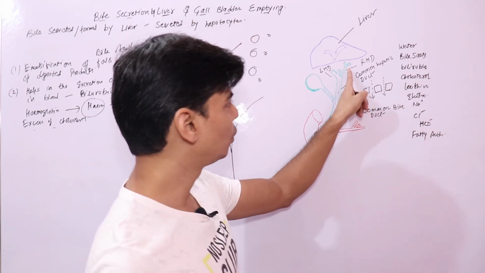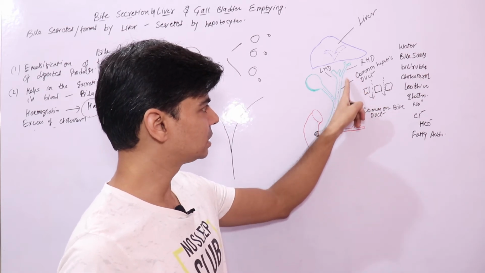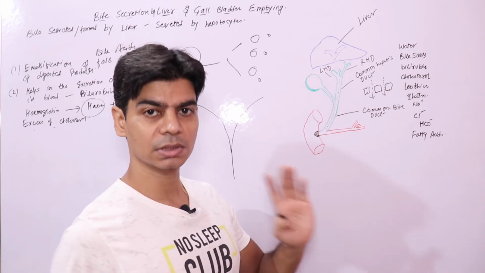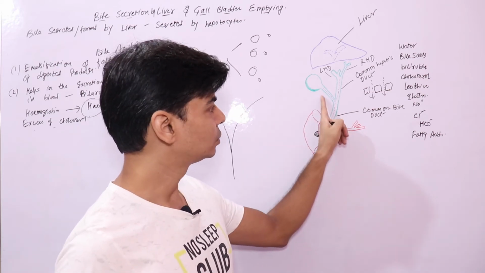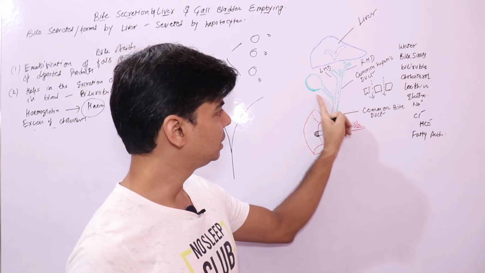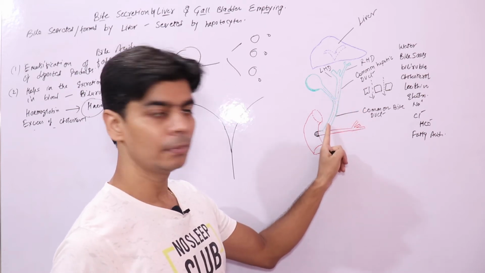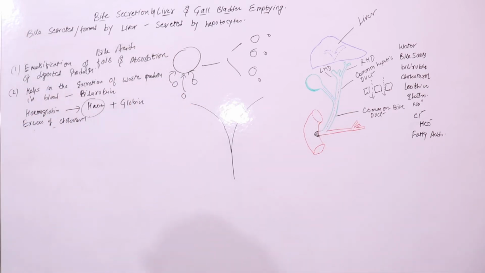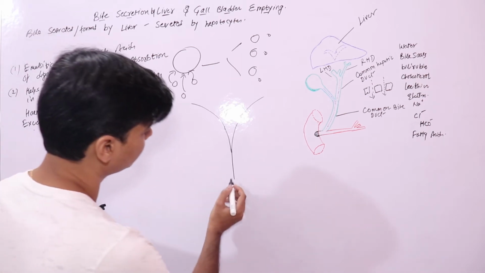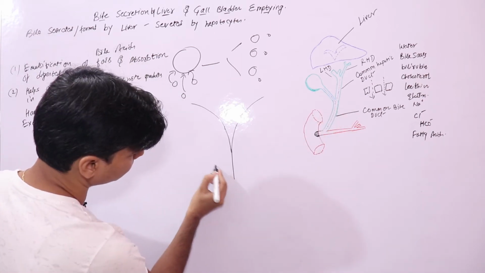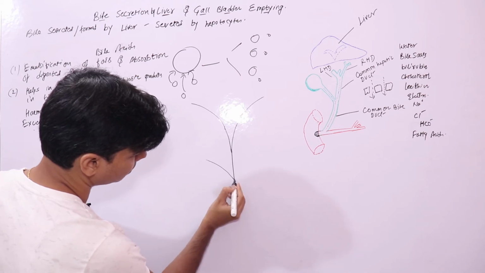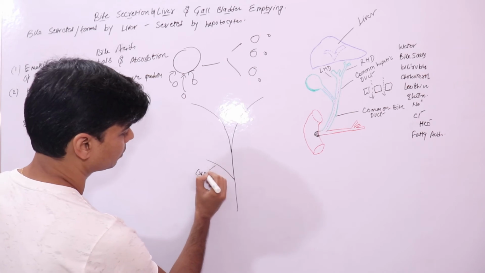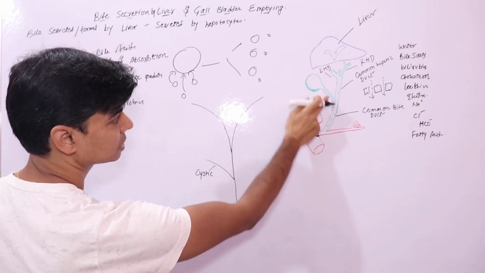right? Because what is flowing here in these ducts is bile, and what is flowing from your gallbladder, which stores bile, is also bile. So in both the ducts you have bile. So when these ducts join, they form the common bile duct, because both carry bile, so it's a common bile duct, right? So this is your common bile duct, which will later be joined by the cystic duct, right? This is a cystic duct which is coming from the gallbladder,